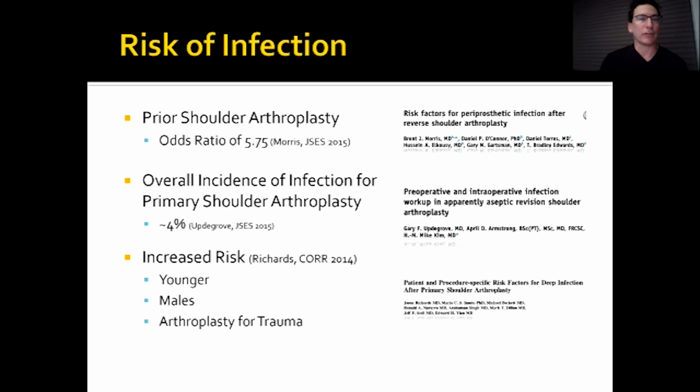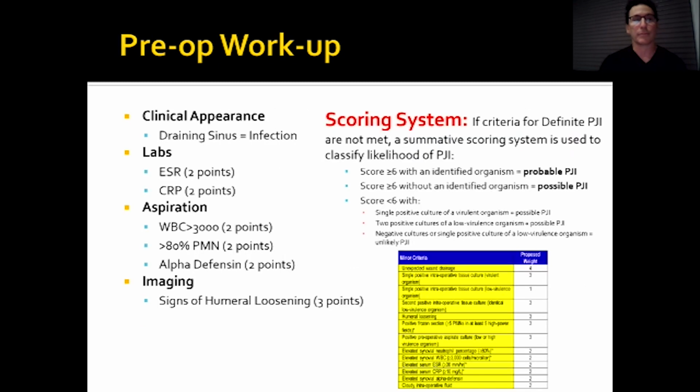Keep in mind that the overall incidence of infection in the setting of a primary shoulder arthroplasty is around 4%. But if you've had a previous shoulder arthroplasty, the odds ratio of infection is almost 6-fold. We do know that there are higher rates of infection in younger males, as well as arthroplasty done for trauma. The preoperative workup includes an